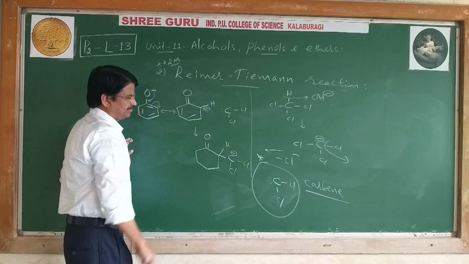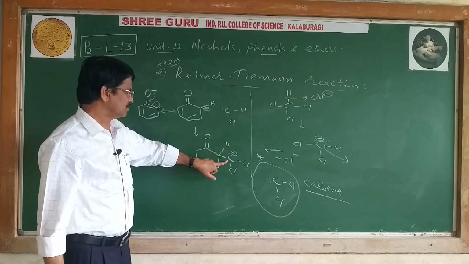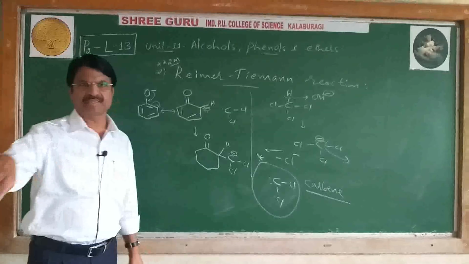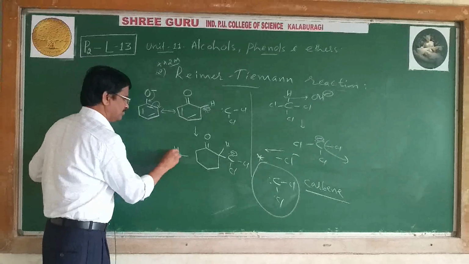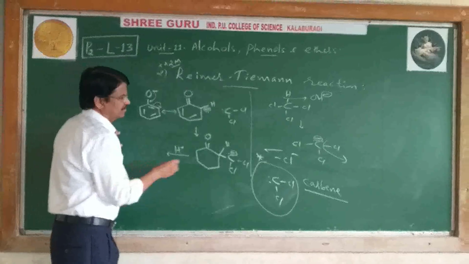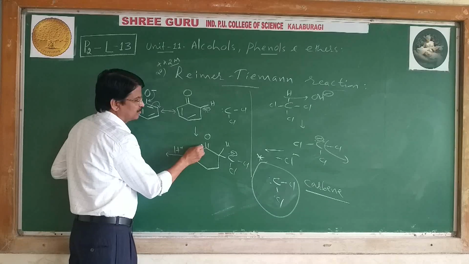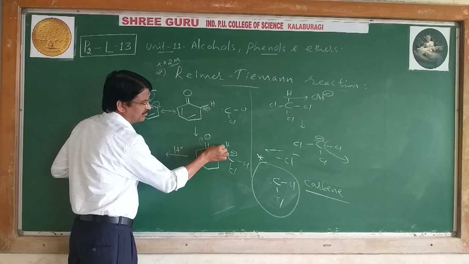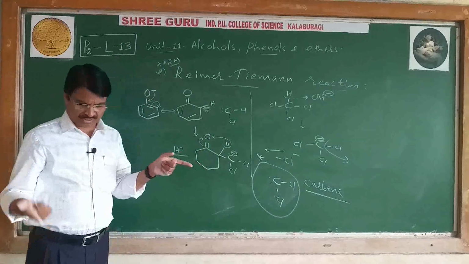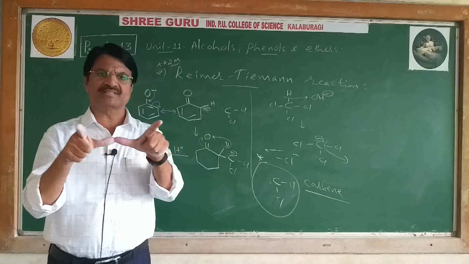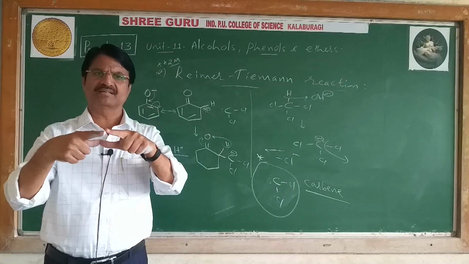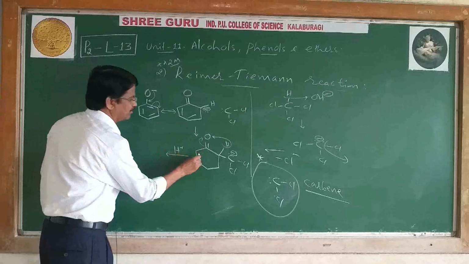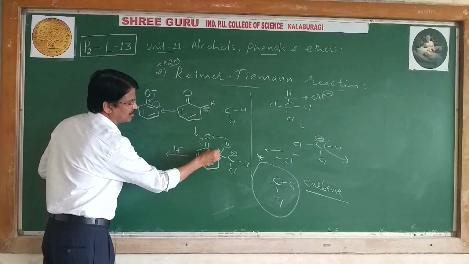Next, this ion is C minus, it can attract a proton from the medium. And this one attracts what? C positive, O negative. Now, as I told in the Kolbe method, the CO bond and CH bond, O negative can attract H plus. This H plus shifts towards O minus. Now it becomes what? This bond shifts here.